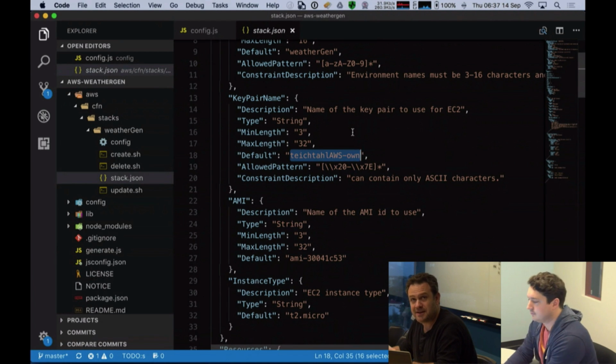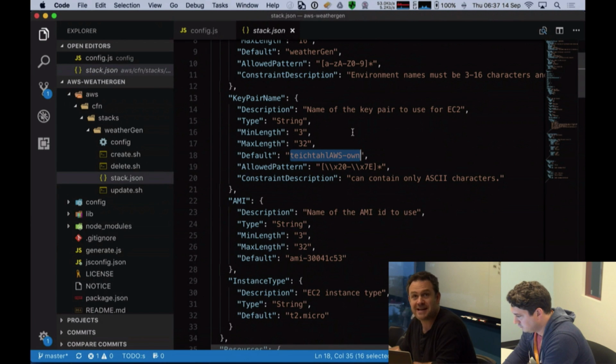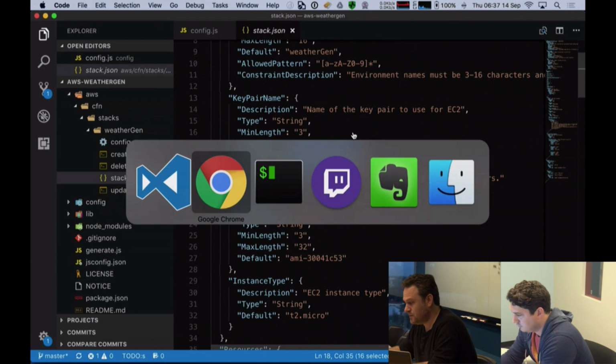One great thing about the AWS platform is it will not allow you to access things that you do not have permission to access. So you'll need to create your own key. If you need some help on that, we can post some links as we go along. But I'm using my own key here. Please replace it with your key if you want to use the CloudFormation template.